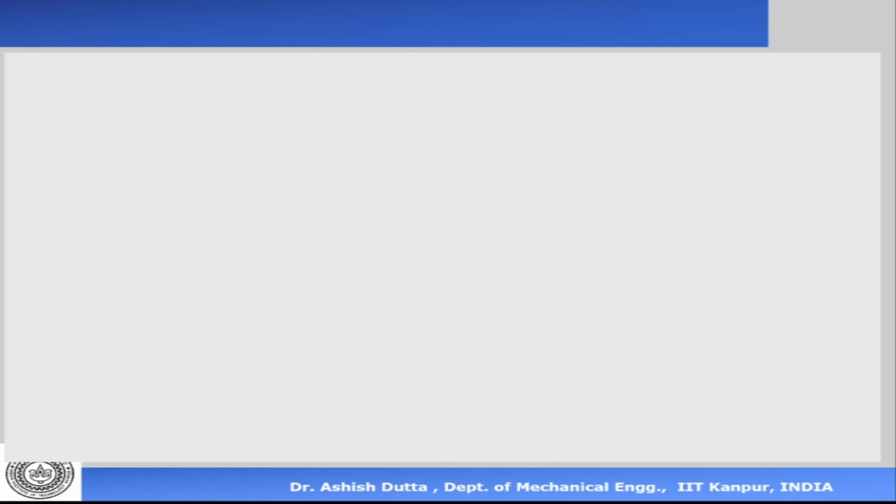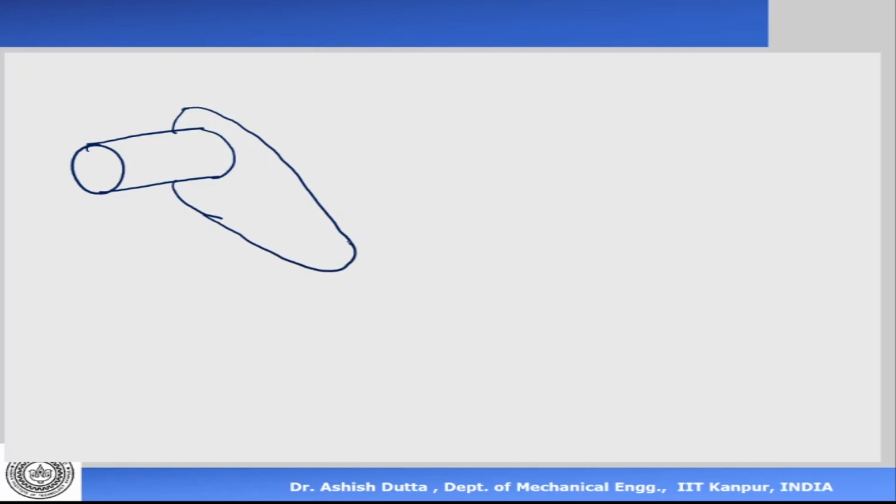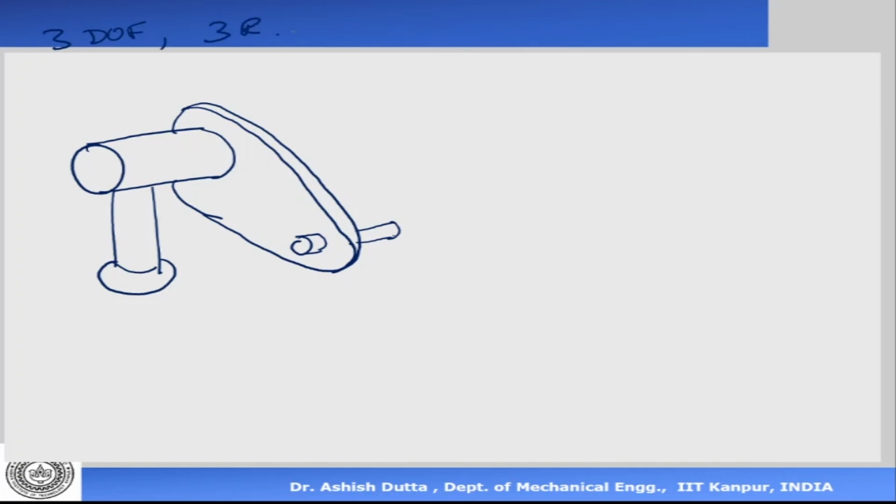So in this case, let's look at the example of another manipulator which looks slightly different. So this manipulator is this one. Okay, and I hope you can visualize this, and there is a link here also which goes in like that. Okay, now let us try and visualize this. Now it's very important that you should be able to visualize. So when this rotates, what happens? This is 3 degrees of freedom, and this is 3R, okay, 3 revolute joints.